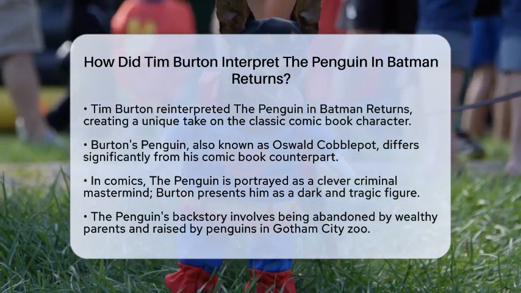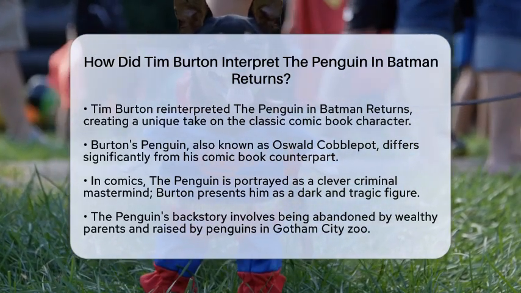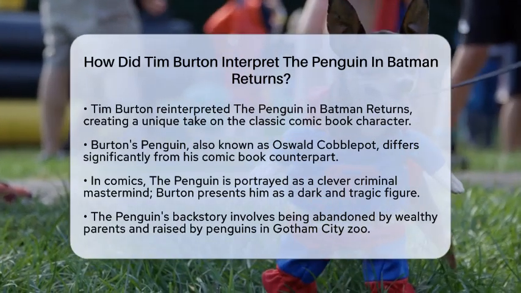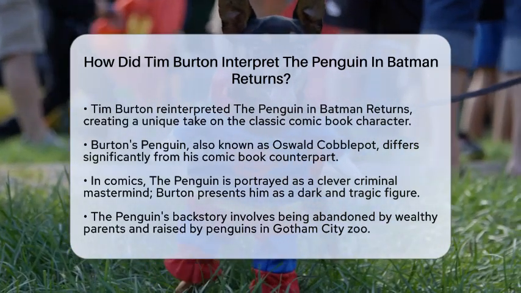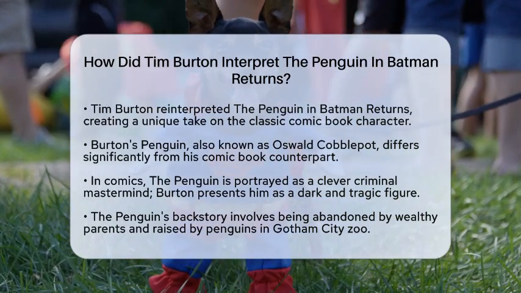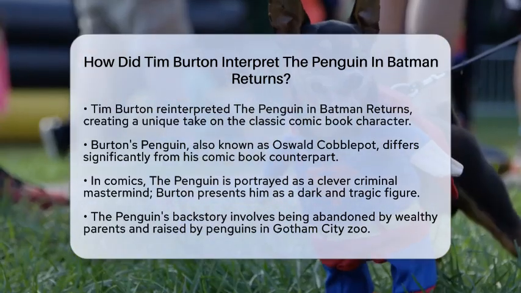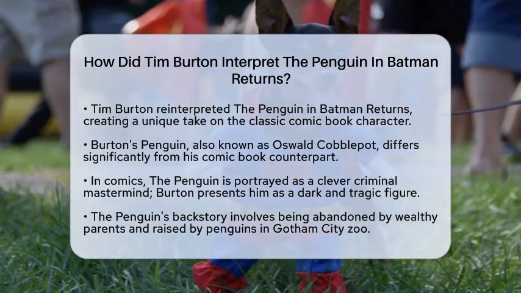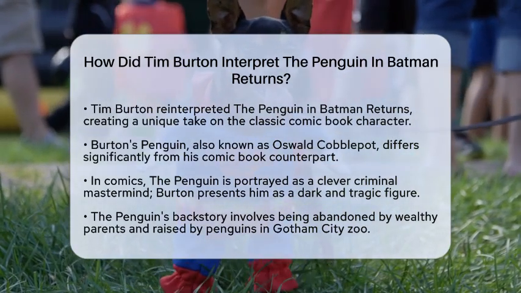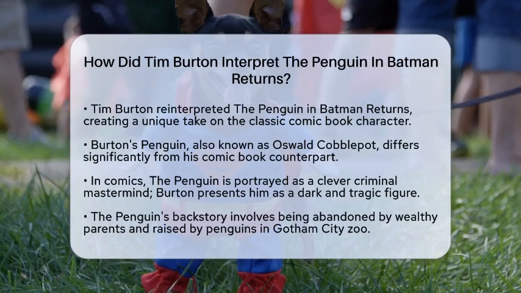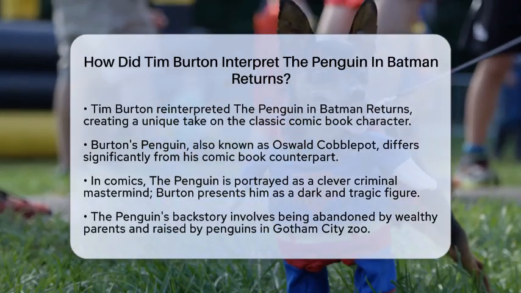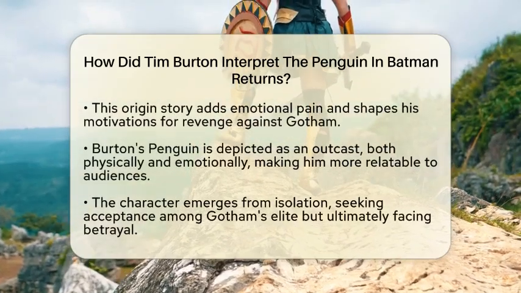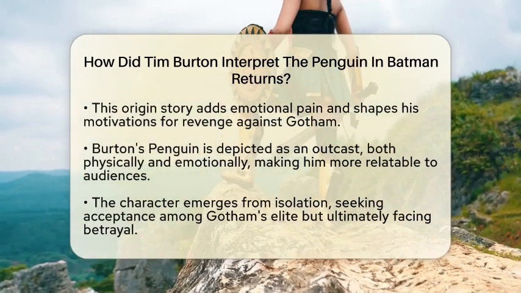Burton's version of the Penguin, also known as Oswald Cobblepot, is a significant departure from the comic book portrayal. In the comics, the Penguin is often seen as a clever criminal mastermind with a flair for the dramatic. However, Burton reimagines him as a dark and tragic figure. This Penguin is grotesque and deformed, abandoned by his wealthy parents as a baby. He grows up in the Gotham City Zoo, raised by penguins, which adds a layer of deep emotional pain to